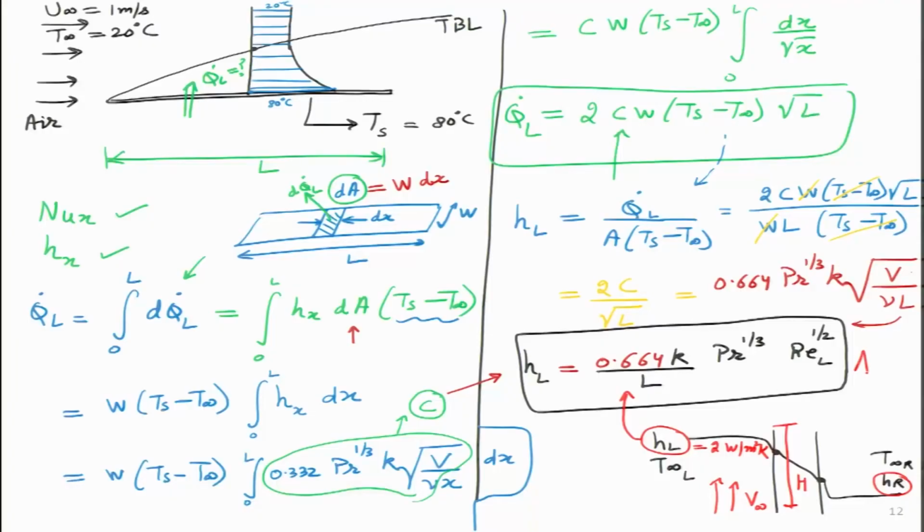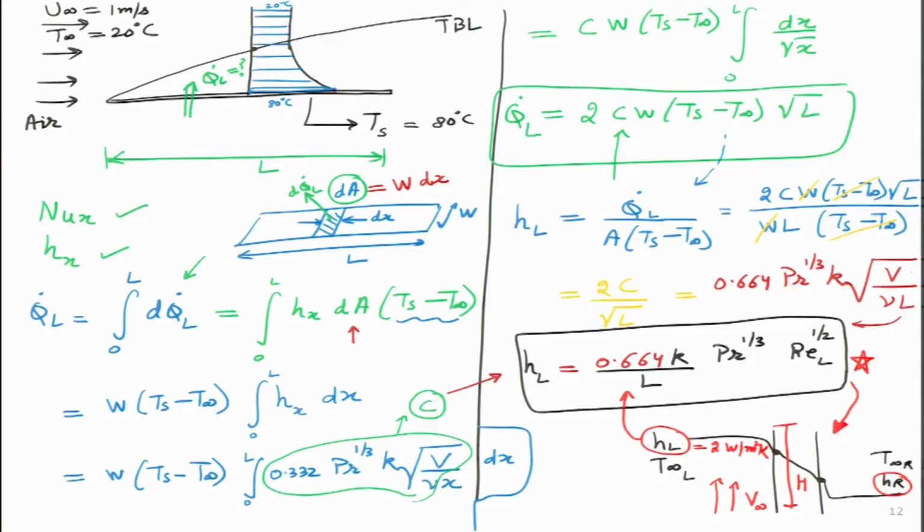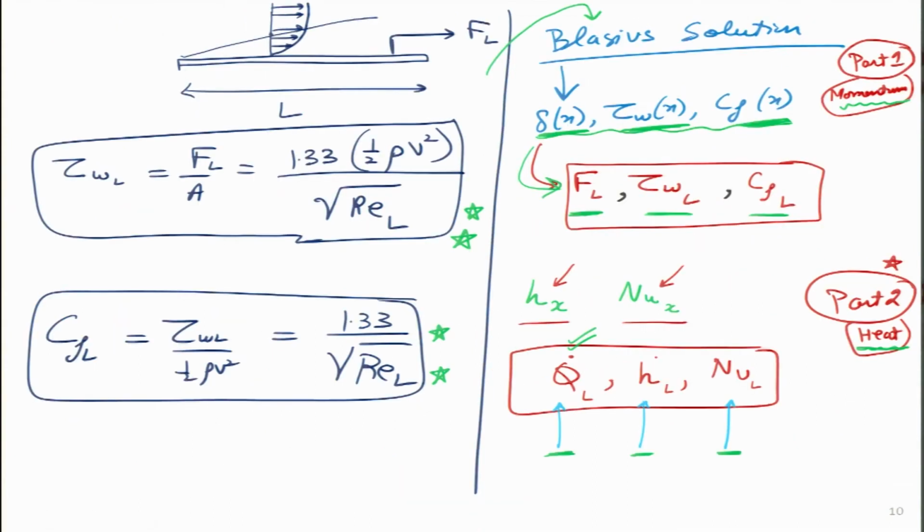So, we have got a very beautiful result, and also we have correlated it to our objective: why are we studying all these convection topics, external convection, internal, introduction, natural convection, forced convection, all these things? It is just to figure out that when we are doing some conduction or convection problem, some heat transfer coefficient has to be assumed at the boundaries. Can we make a very good assumption? That is the purpose, and I think that is what we have obtained. So, I will go back and put a tick over here, because we have figured out the value of HL also. The only thing remaining is Nusselt L.